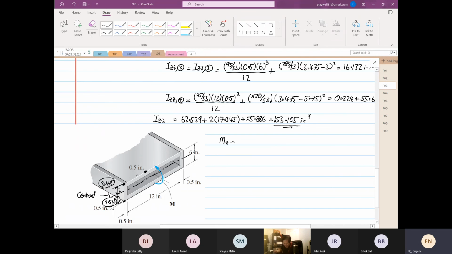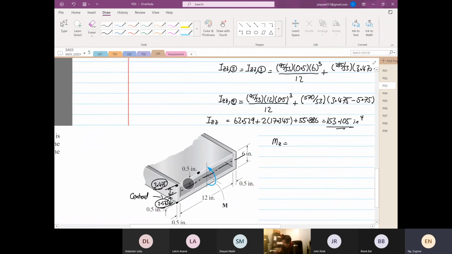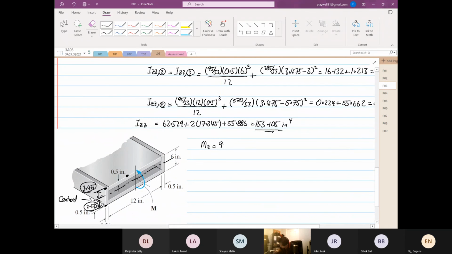So we are given that the moment is equal to 900 pound-feet, and you have to do 900 multiplied by 12. So this is equal to 10800 pound-inch. Okay, so we're going to find the maximum stress